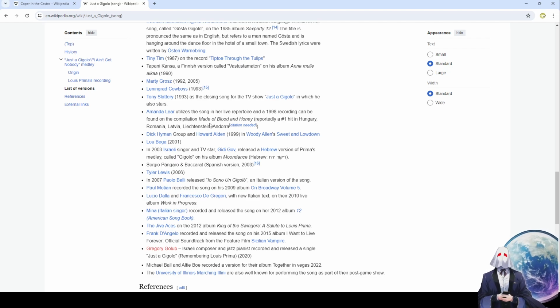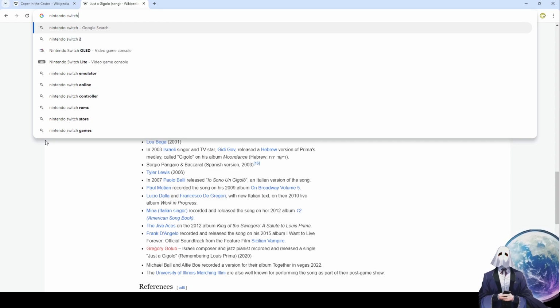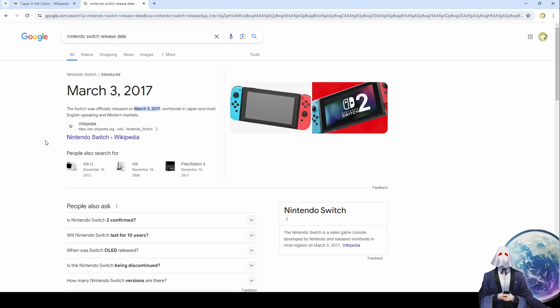The Switch is roughly contemporaneous with the PS4 and the 360. So it is one generation behind, more or less, I think. I kind of lose track because Nintendo doesn't quite line up. Like the Xbox and the PlayStation go more or less hand in hand, and Nintendo's kind of here and there. Let's see, I think it's been around for like 7 or 8 years now. Which release? 2017. So it's been around for a little over 7 years.